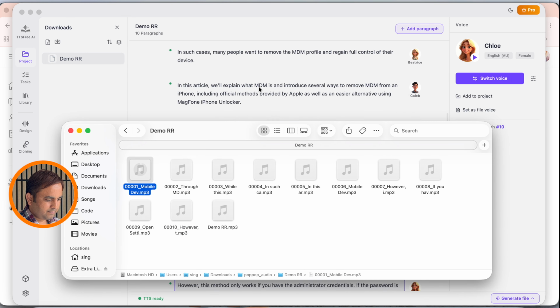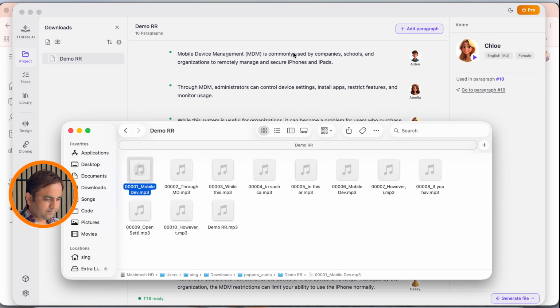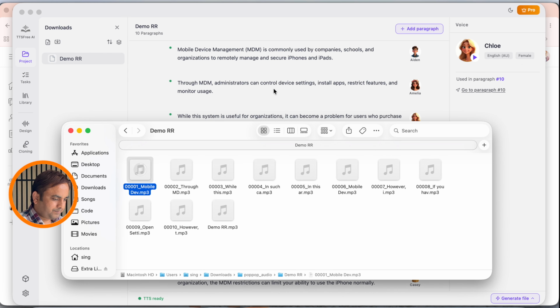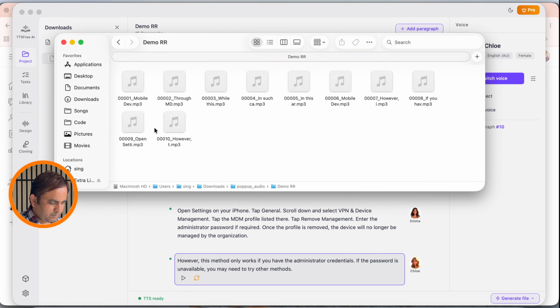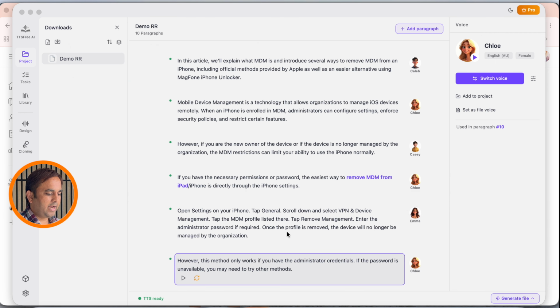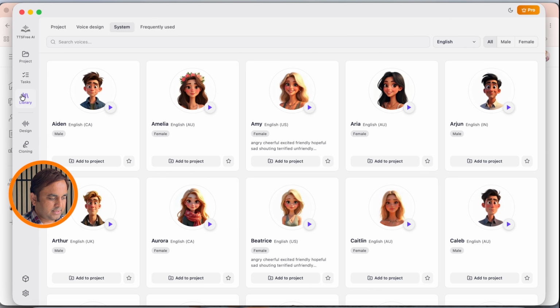Look at this here. Mobile device management, paragraph number 1. MDM is commonly used by companies and organizations to remotely manage and secure iPhones and iPads. And paragraph number 10. However, this method only works if you have the administrator credentials. If the password is unavailable, you may need to try other methods. It's easy. So accordingly you should convert the entire data into speech format, and using different library voices available